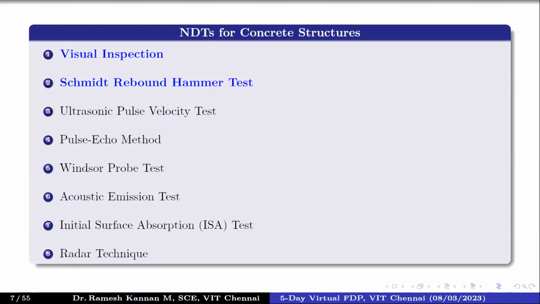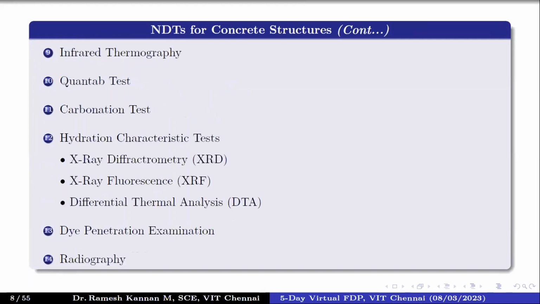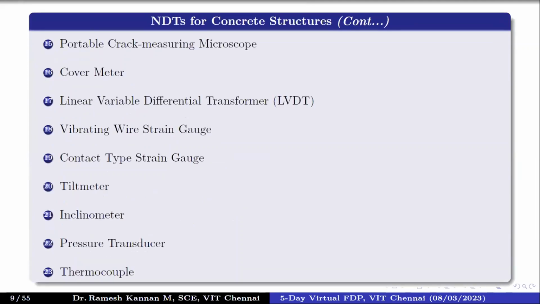We will be studying the uncertainty analysis pertaining to the experimental results of the rebound hammer. And then we'll talk about ultrasonic methods. If time permits, we'll also talk about the electrical resistivity method and so on. These are the things that are planned for this session. And then there are other methods like the pulse echo method, Windsor probe test, acoustic emission tests, radar tests, and so many other techniques like carbonation tests and radiography, and some of them are even equipment that can, per se, be considered a method.